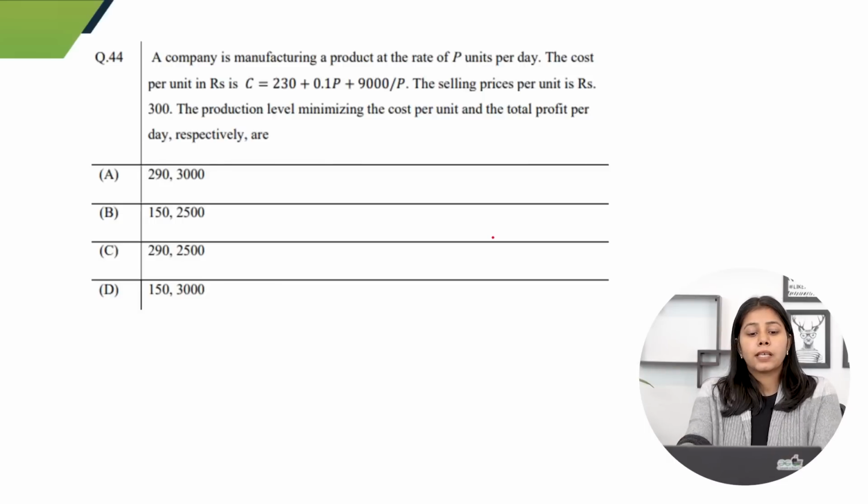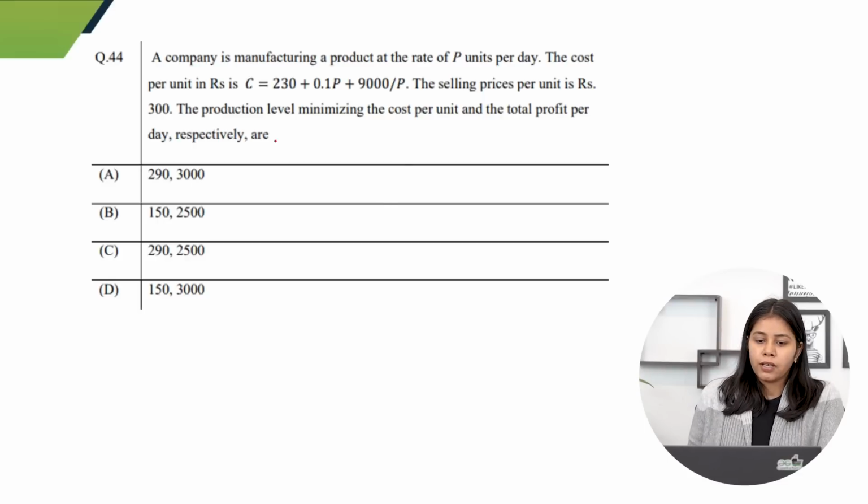Next question we have is a company manufacturing a product at a rate of p units per day, right? And the cost per unit is C equals 230 plus 0.1 P plus 9,000 by P. Selling price is rupees 300. Production level minimizing the cost per unit and total profit per day respectively are. So we have to minimize the cost. That means to find minima, I'll find the differentiation and